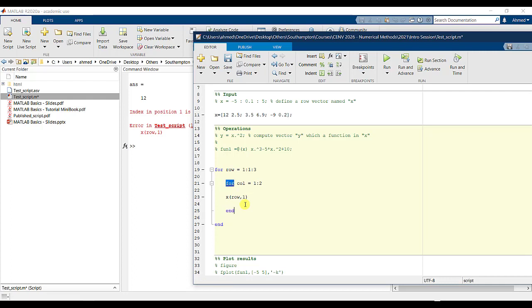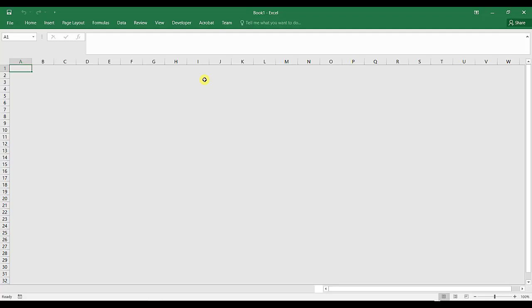And then I say end. So these are two nested loops. We have a loop that goes through the rows. So essentially what I'm doing here,